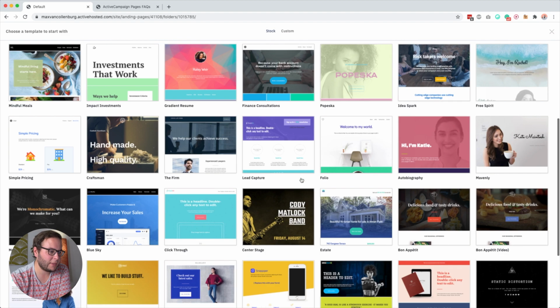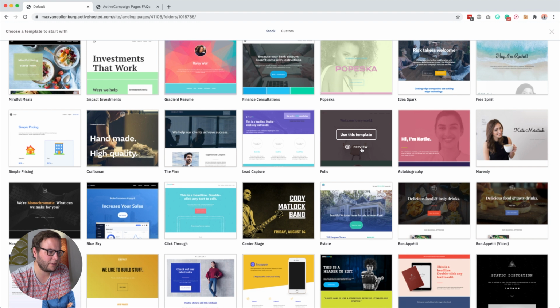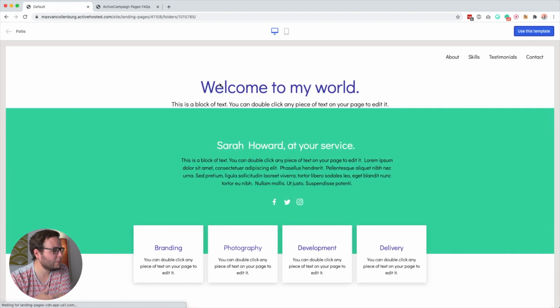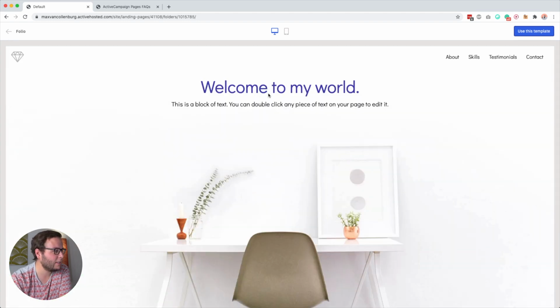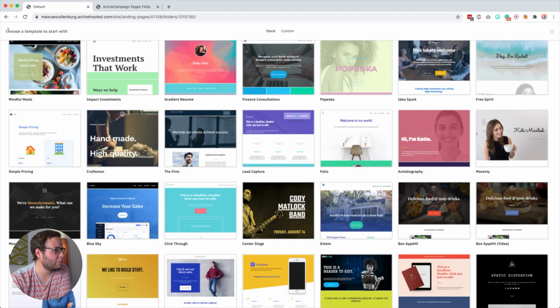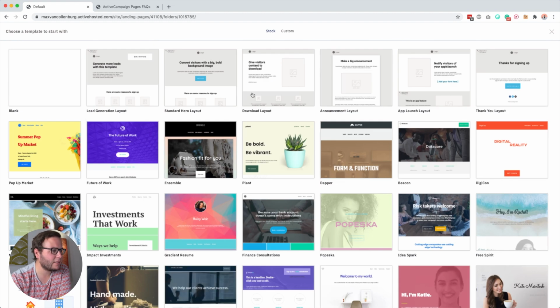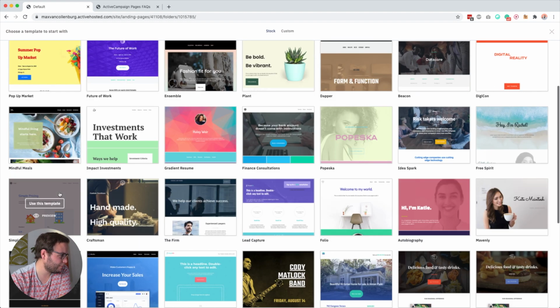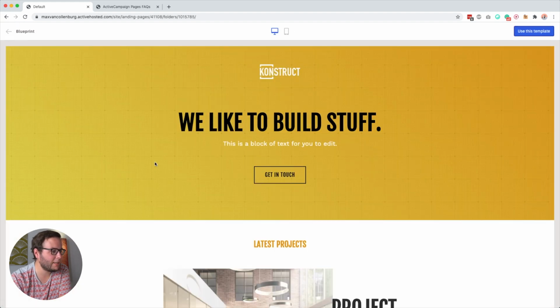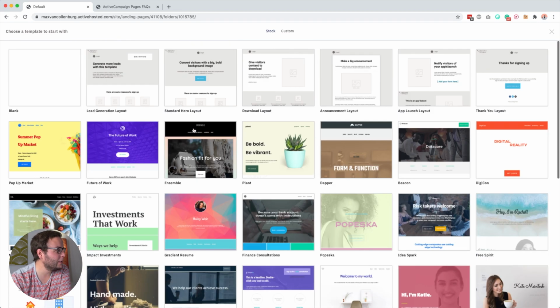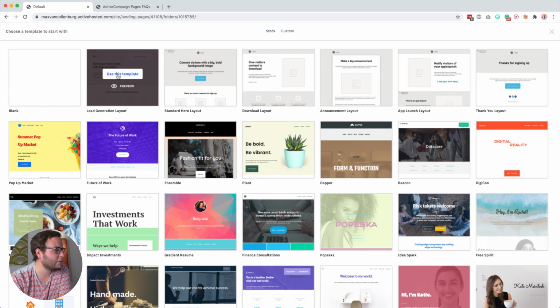That's pretty cool. And then there's a bunch of others here, Folio. I'm especially interested in the pages you can use to collect email addresses or something. Here, okay, pretty simple page. I don't really see any of those pages here that we built. I already saw that you can add your own forms to pages as well, but you can almost use these as a whole website. So that's pretty cool. Let's just use this one, the lead generation layout, and we're going to customize that one.